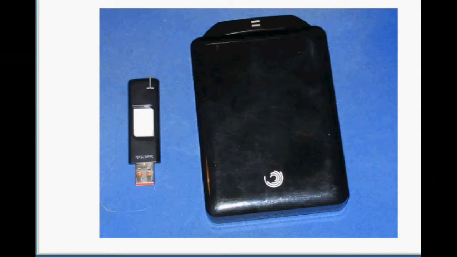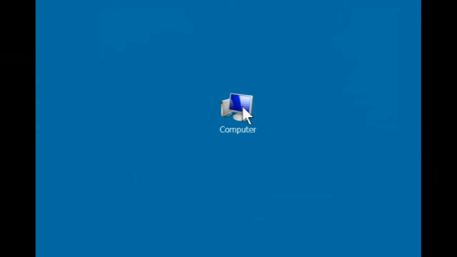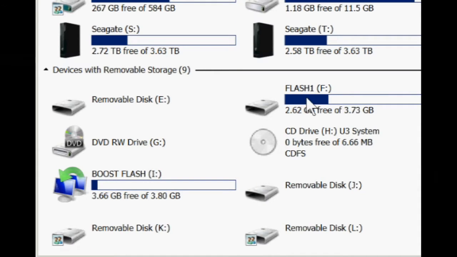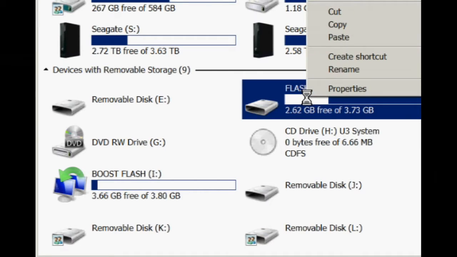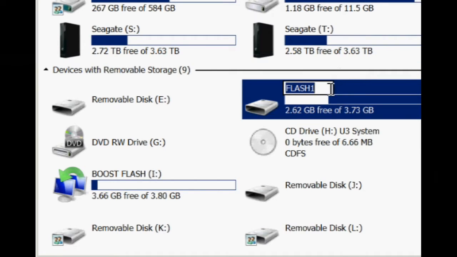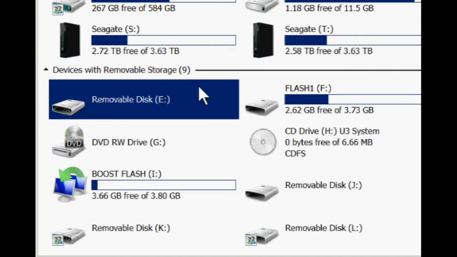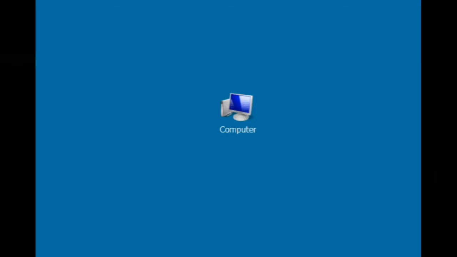You should rename all storage devices you plug in so you can tell them apart. The way to rename a drive is you open the computer folder, you locate the drive, you right-click it, and select Rename. You can now type the new name or edit the name that's there, and when you're done fixing the name, click anywhere else in the window to save the changes you've made to the name. You don't have to click an OK box, there isn't one. So that's it. Close the box and you've renamed your hard drive